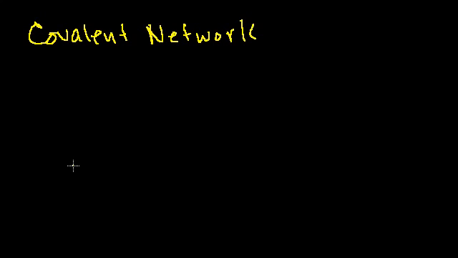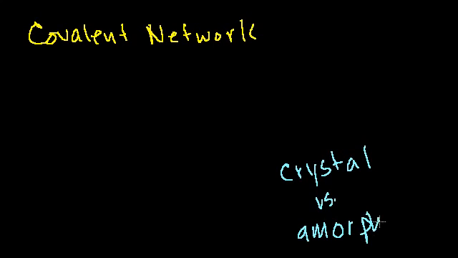So if you have a covalent network crystal, and let me actually define the word crystal. A crystal is just when you have a solid where the molecules that make up the solid are in a regular, relatively consistent pattern. This is versus an amorphous solid, where everything is kind of just a hodgepodge, and there are different concentrations of different ions and different molecules at different parts of the solid. So a crystal is just a very regular structure.